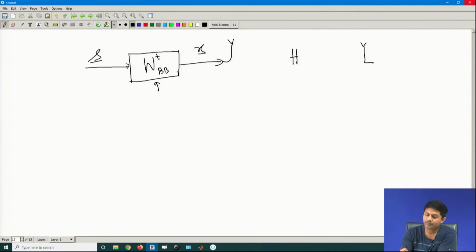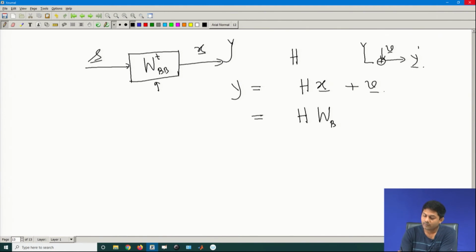So, this is my H, and this is where I receive my noise V vector, and that is my Y vector. Again, this is a single antenna system, which means this Y vector is more of a time sample data. So, what is my data model? Y is equal to H into X, because I am now sending X instead of S, because S will be modified. Let us put back the X part. So, what would it be? W baseband transpose into S bar, because my intention is to get back my S, but still I am not done.